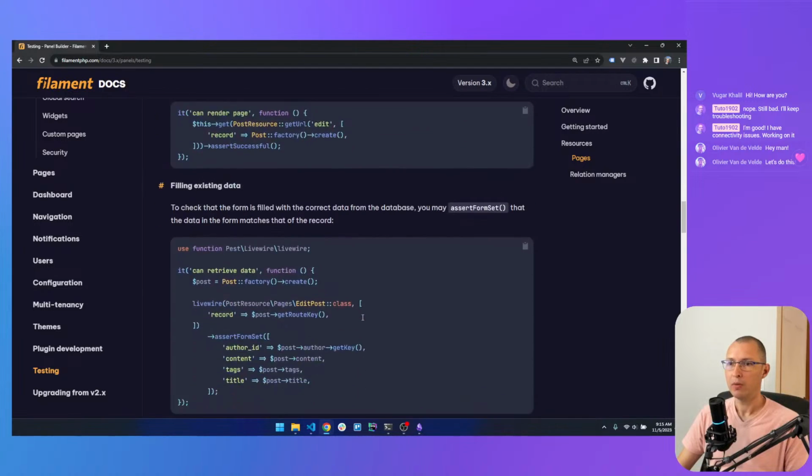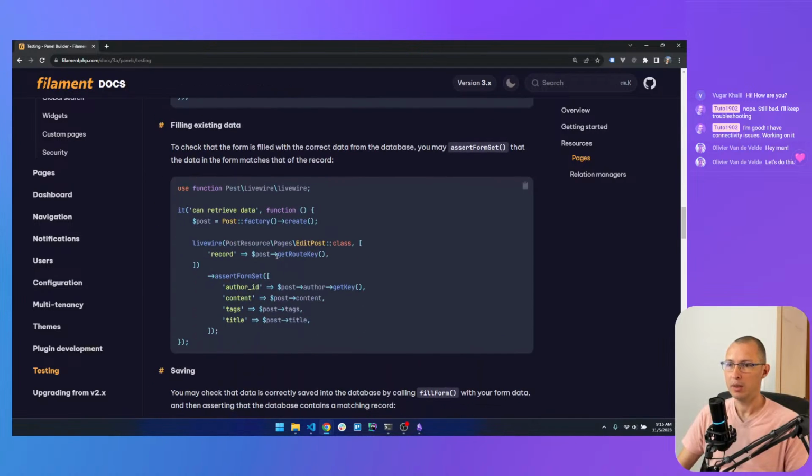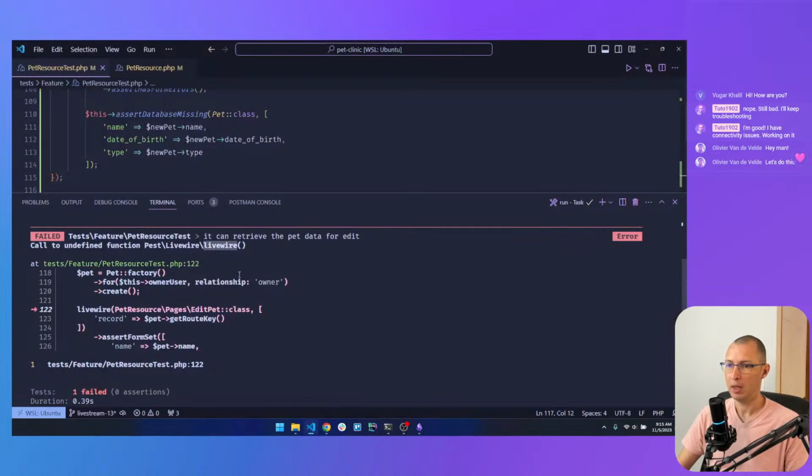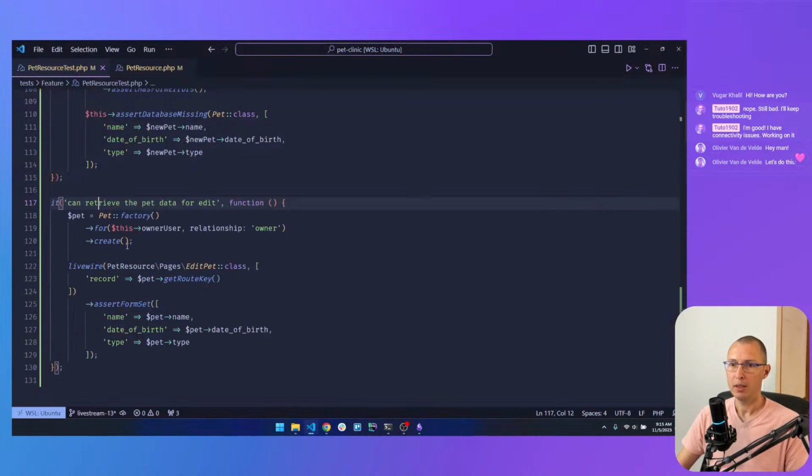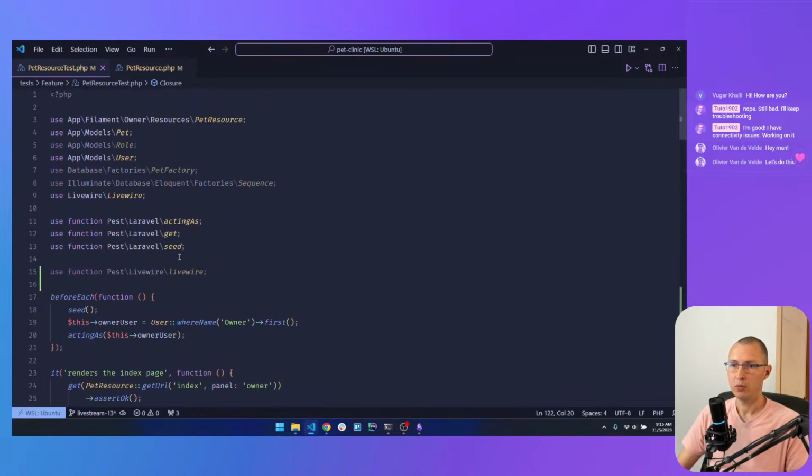So right now I'm following this example here, but this is not going to work. So instead, let's go back and change this to use Livewire test, like so. And I'm going to go up and remove this function.